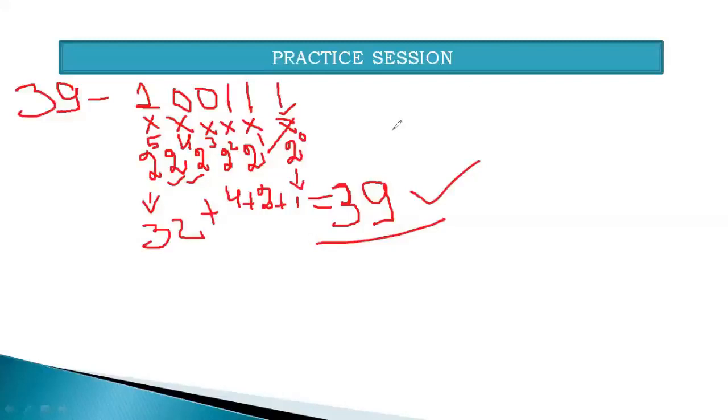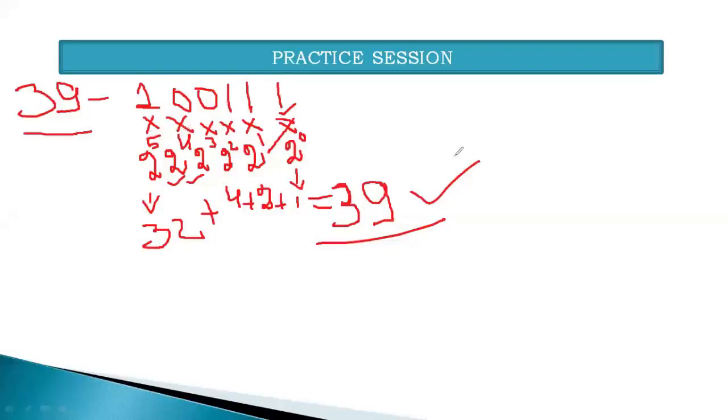This is how a binary value can be reconverted into its decimal equivalent. We have seen how to convert 39 into the binary number system. We got the value 100111, and finally we converted 100111 into its decimal equivalent, and after converting, we are getting the same decimal value with which we started at the beginning. So 39 is the main number on which we have performed our calculation.